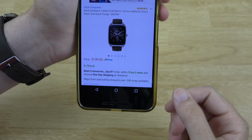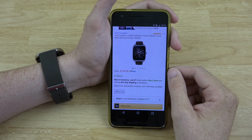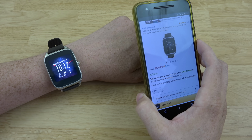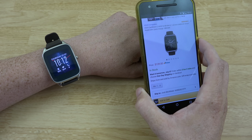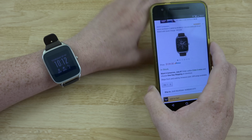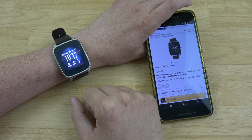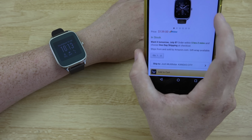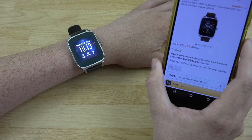Wow. In my opinion, a smartwatch is something that you don't have to spend $300-400 on. This watch right here is fast. I've never had any sort of issues with a notification being laggy or something not cooperating. I've never had any issues with it at all. I've never even had a reboot. I honestly feel like at this price range, for the performance and battery life I get out of this thing,